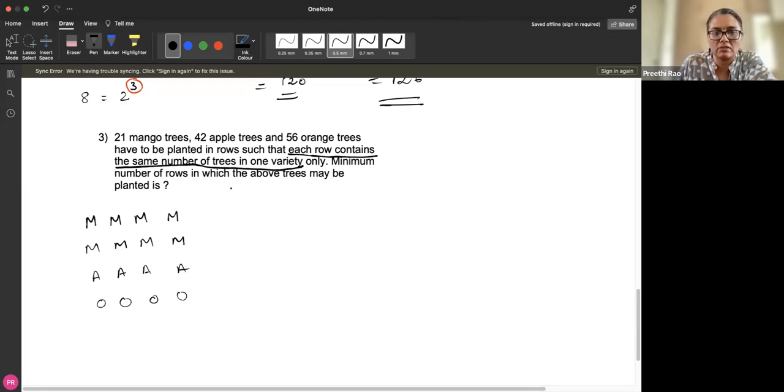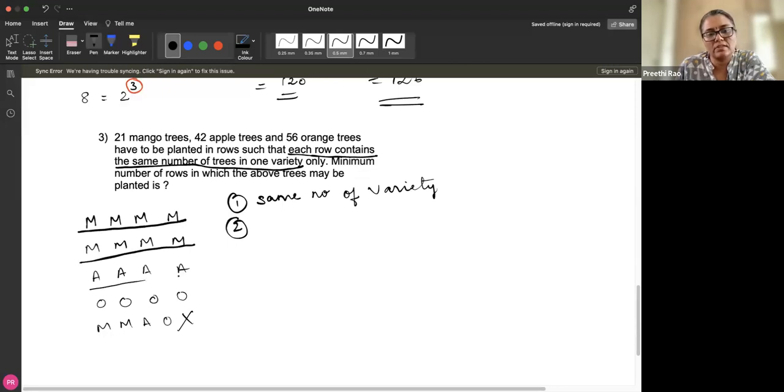So there are two conditions. Each row should have the same number of trees. That is the first condition. If you are planting in groups of 4, they should have only 4. If you are planting in groups of 5, there should be only 5. And the second condition is that I cannot plant 2 mangoes, 1 apple, 1 orange. No. Everything should be of the same variety. So each row should have